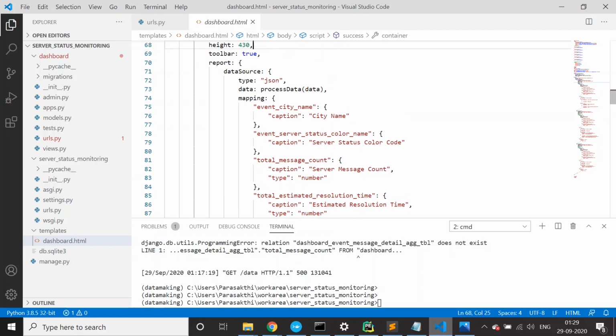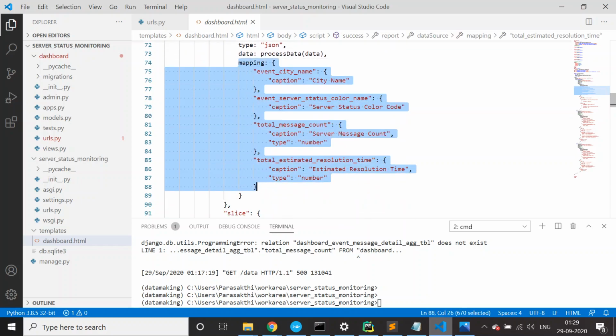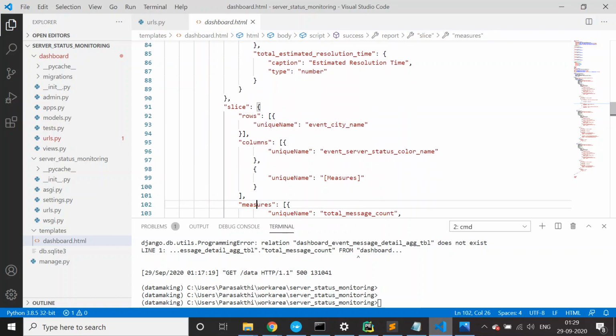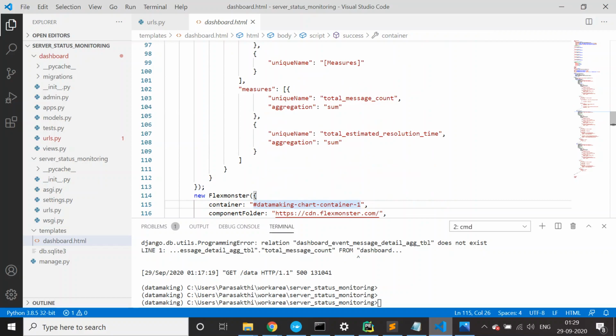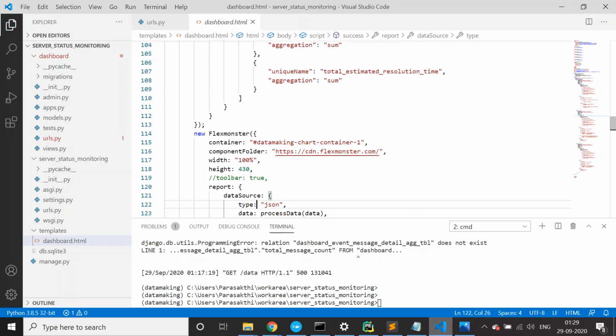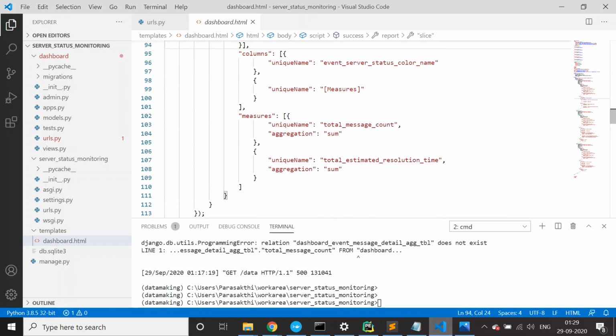So you just pass the columns you need. In the mapping you provide the list of columns and a type, and in the slices you say what kind of aggregation, basically the kind of pivoting you want to do on the table. I will show you only this render. On the aggregated data we are just summing up the values.